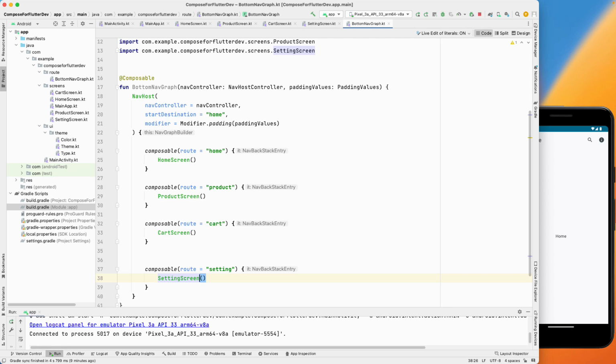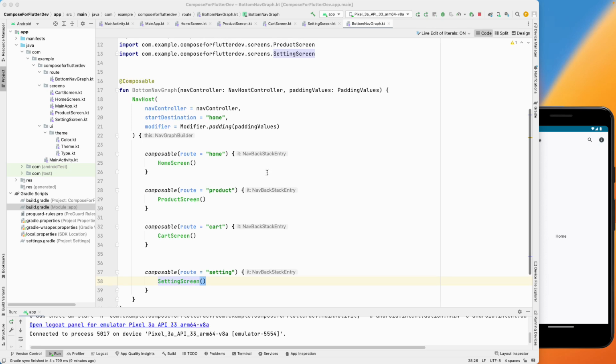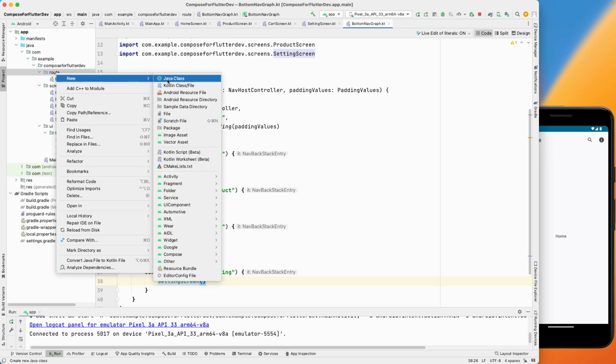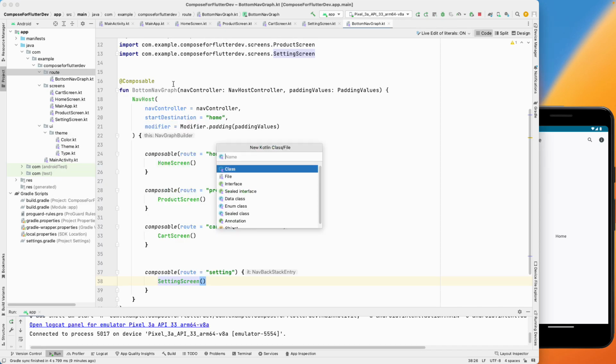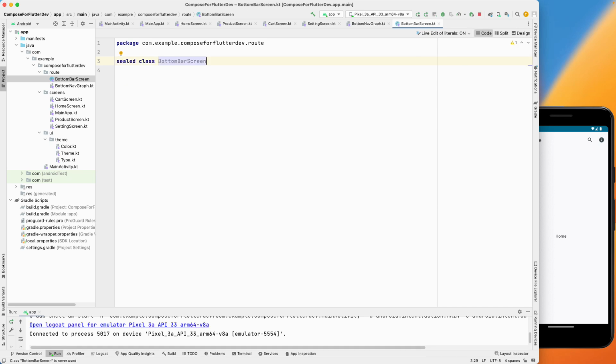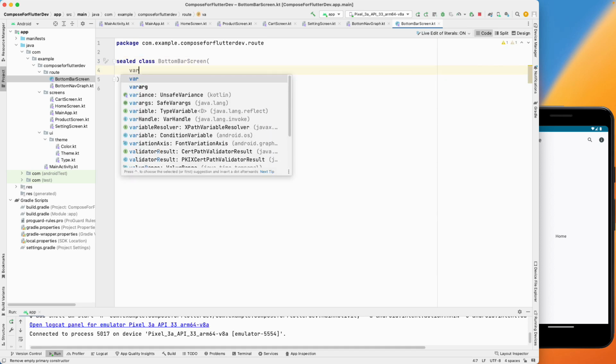So the next is we will create the bottom bar items. So for that, let's go and create the new Kotlin class over here, and we need to create the sealed class over here. So for that, let's say bottom bar screen, or the bottom bar item, and let's add that one over here. This is of the sealed class. We'll pass in some parameters over here. That will be of the val,